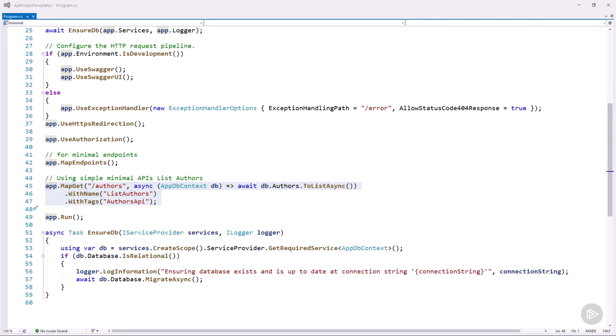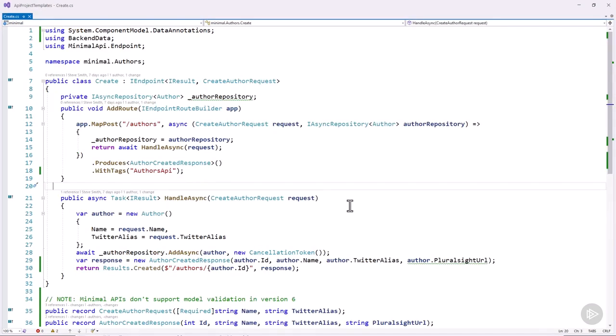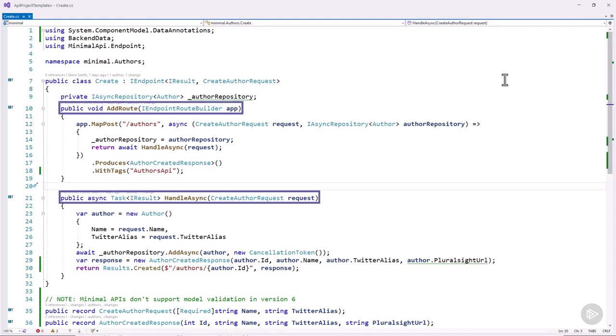One of the ones that I'm using here for the author create endpoint is called MinimalApi.Endpoint. Using this package, your classes need to implement the IEndpoint interface, and that's going to then give you the ability to set these two methods, the AddRoute method and then the HandleAsync method. Obviously, the route is where you specify how you're going to wire things up to your actual endpoint, and then in the HandleAsync, that's where you're going to do the actual work of the